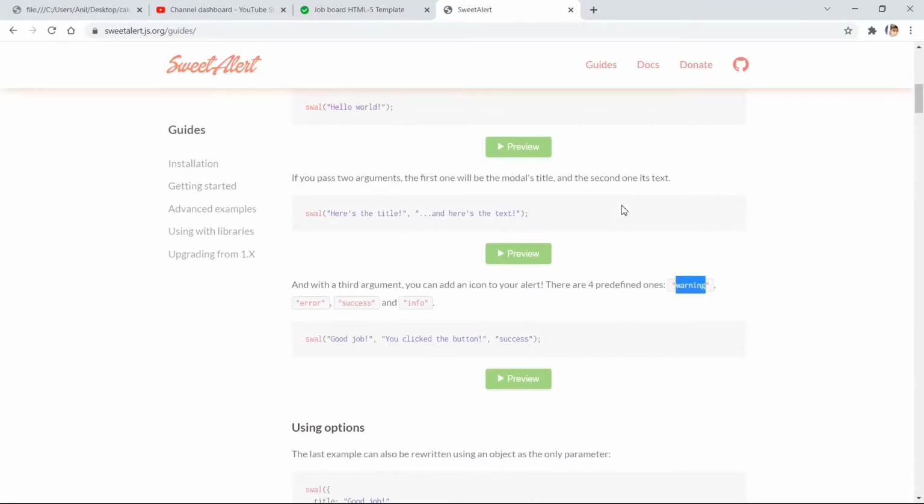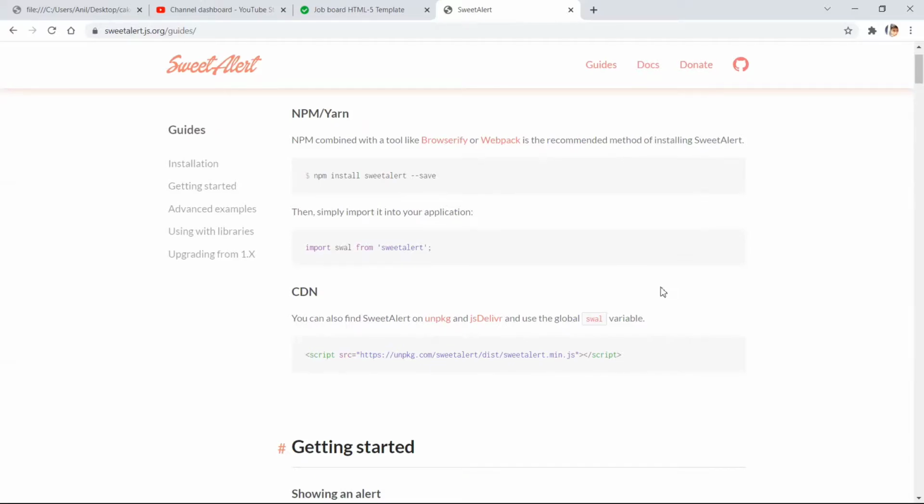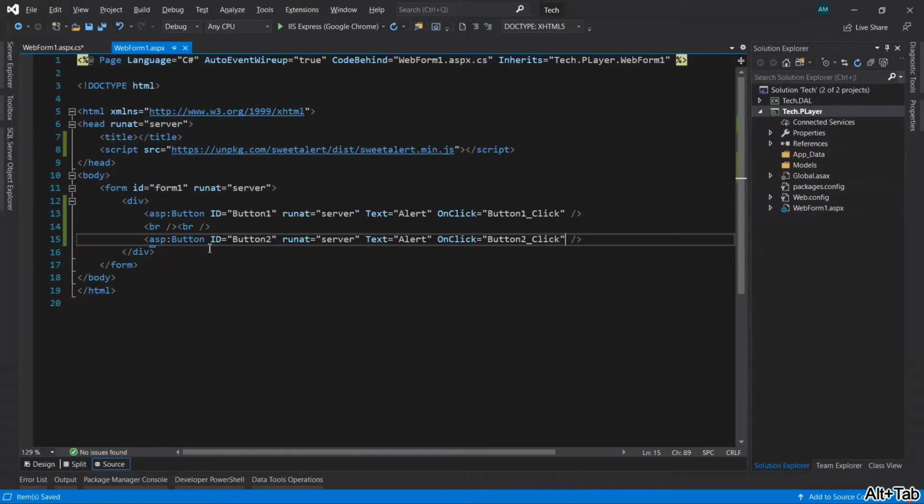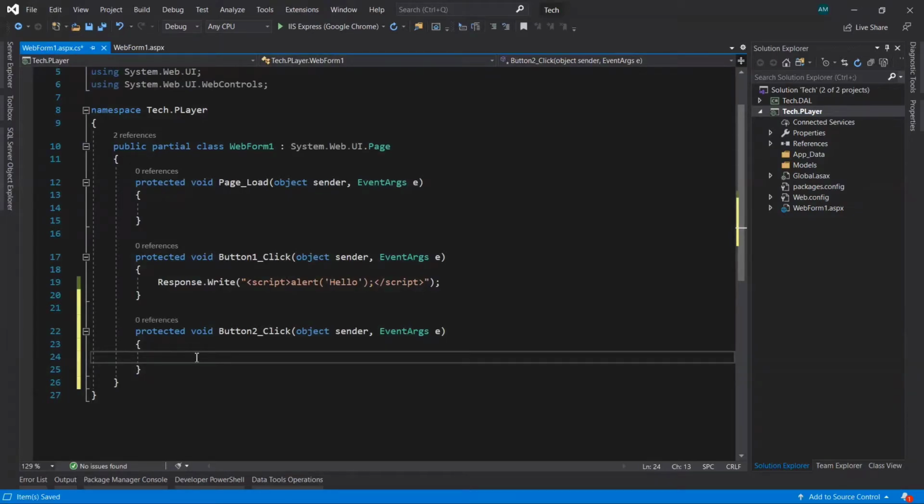So let's see how we can use it in our project. Like I said, first I'm going to use this CDN link for it. I have taken one button here and created the button click event, and let's see the code for writing that.